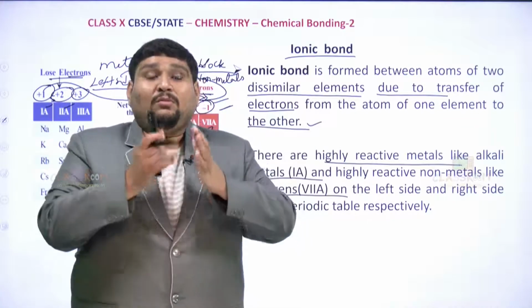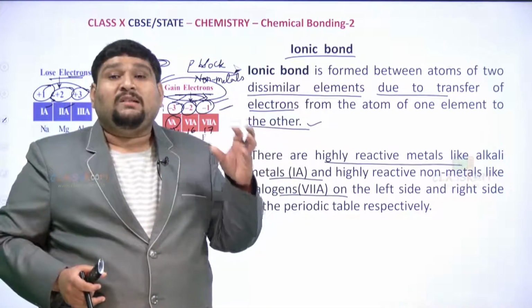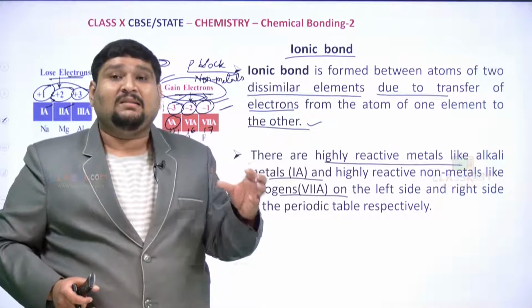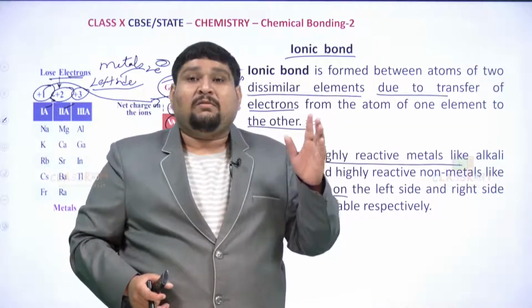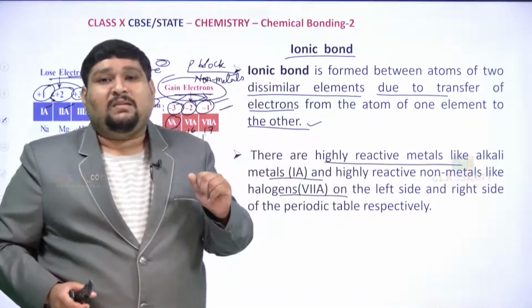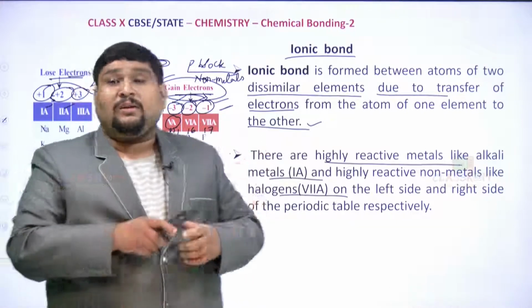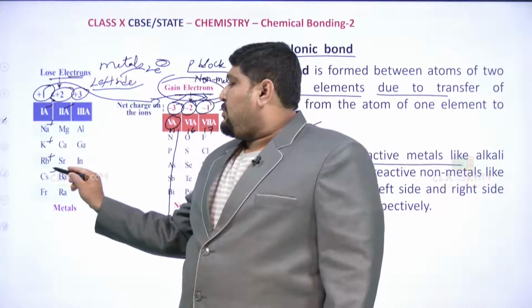So here you are going to go as per the condition, as we have said, that there need to be dissimilar elements, and the type of bonding which we find in these two dissimilar elements, where one is a positively charged particle, a cation, and one is a negatively charged particle, an anion. So basically you can find that all these first group elements are found with positive charges,